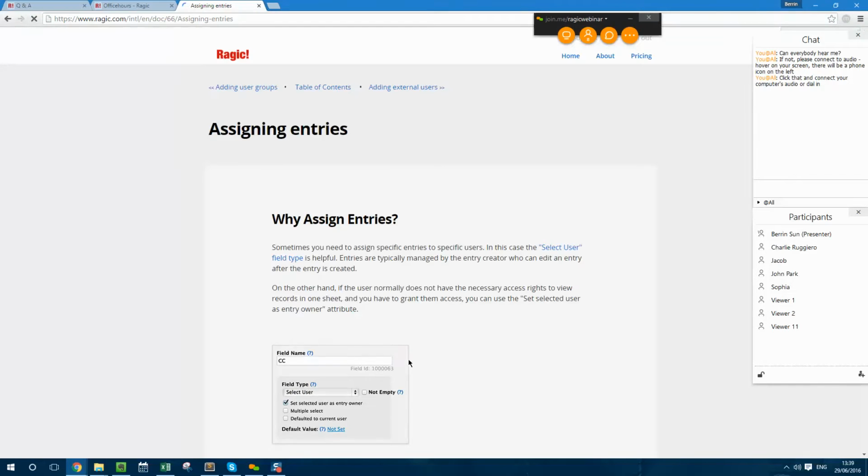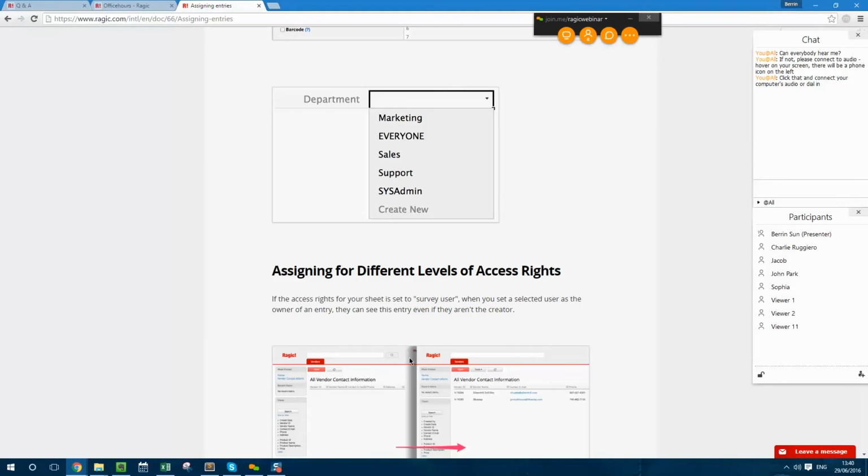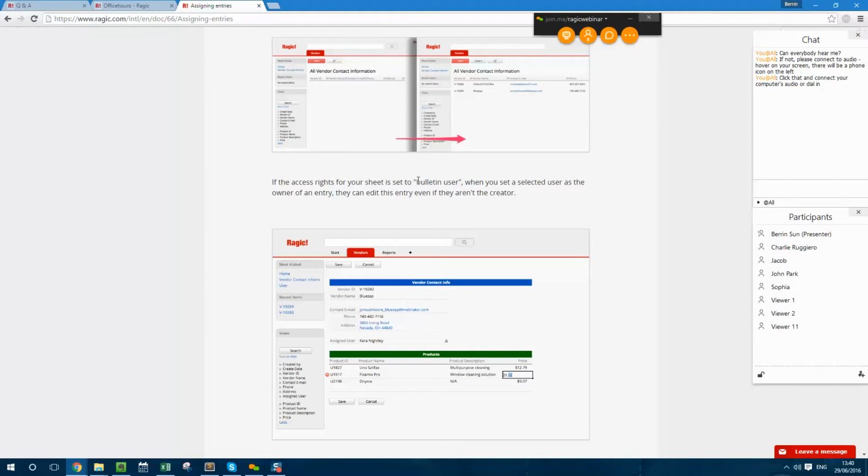For external users, you can actually, I think, have a bulletin user right being set. So as it's said over here, if the access rights for your sheet is set to bulletin user, when you assign a contractor